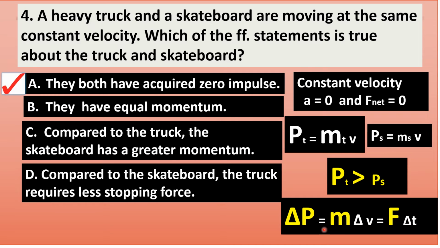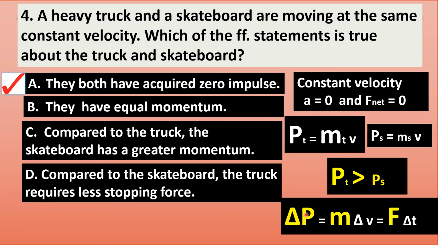And very clear in this equation is that the amount of force F represents the stopping force in order to, for example, change the momentum of the body. There is a need to apply a force, so a large force is required